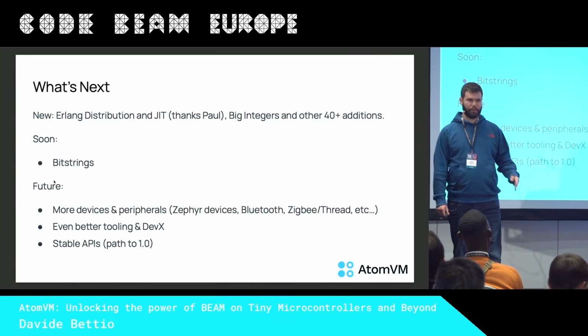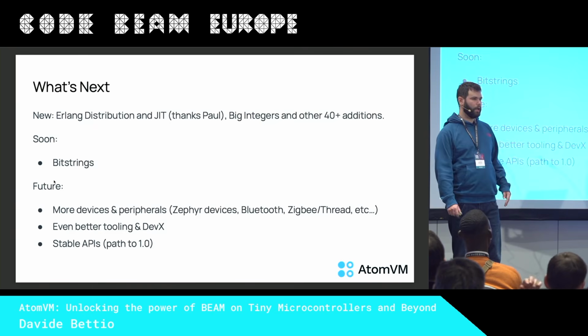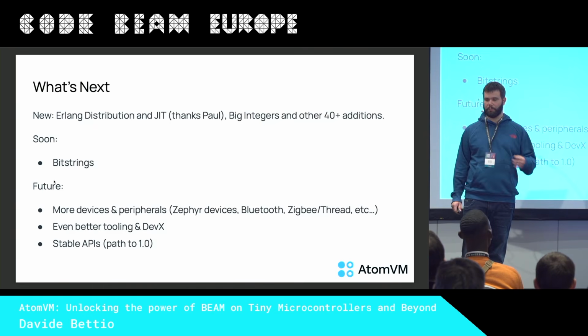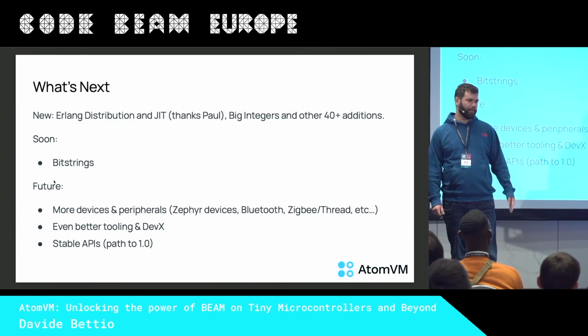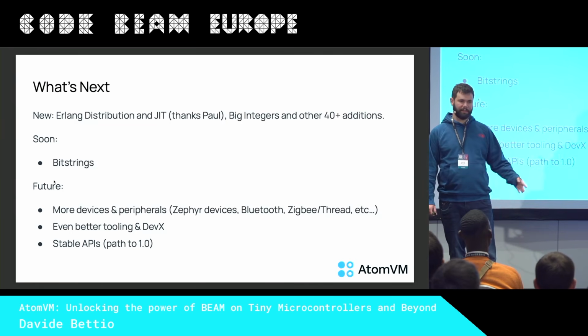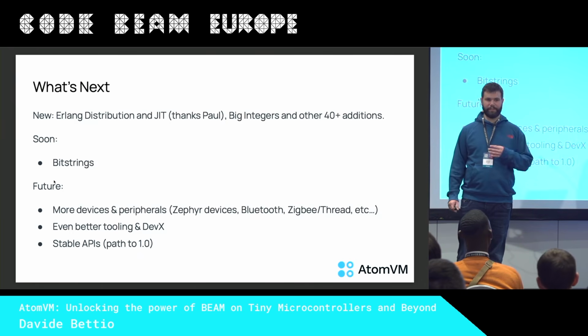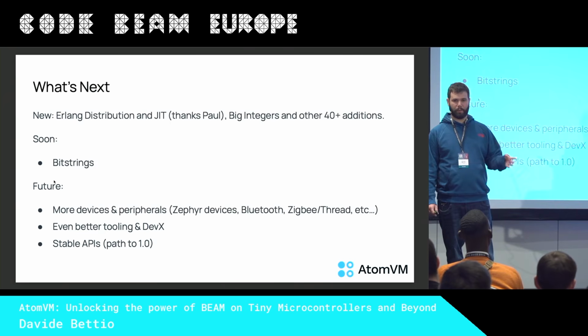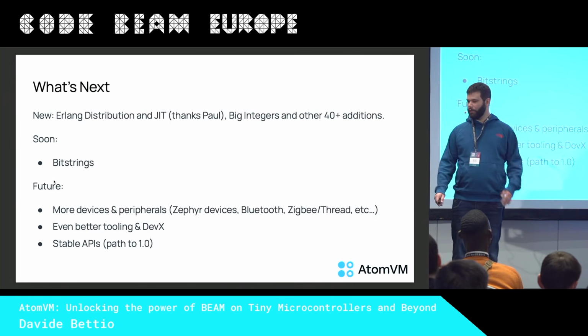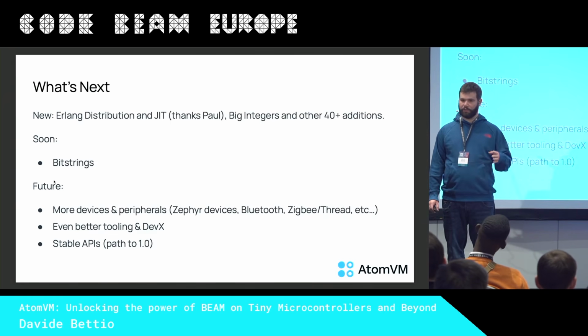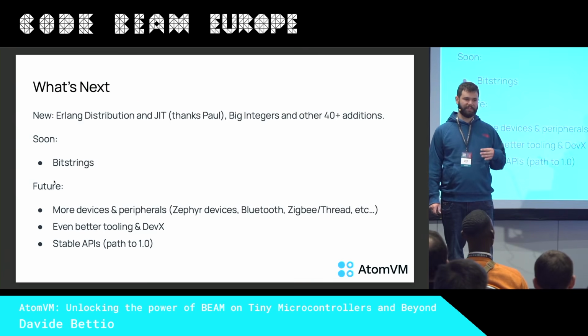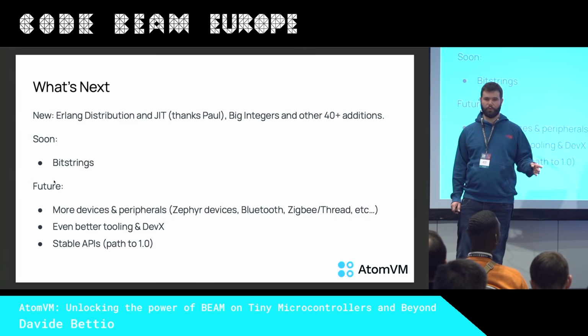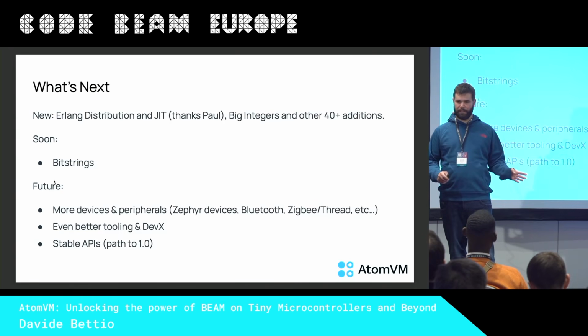And in the future, after this, we are going to focus on supporting more platforms. We are going to focus on a better developer experience. That is the reason the API will change in a better way. And also, we are moving towards some stable APIs, so in the future, you will not have to worry about how things have changed lately.